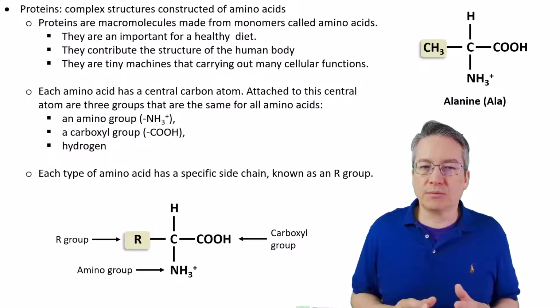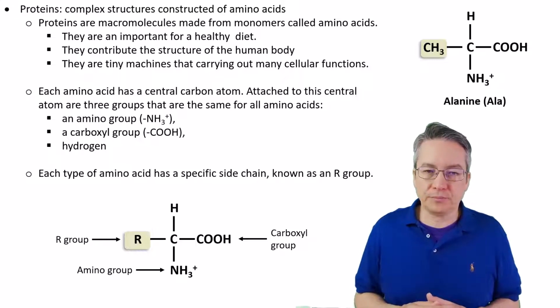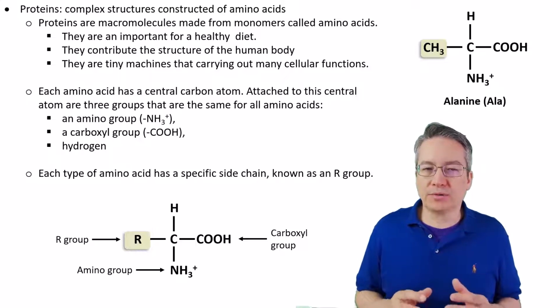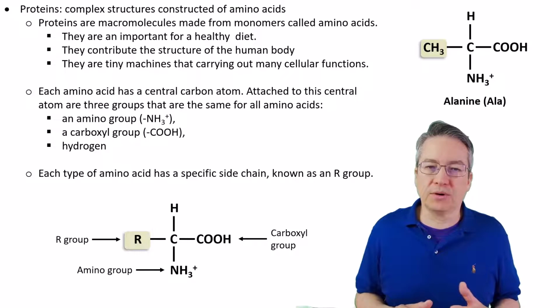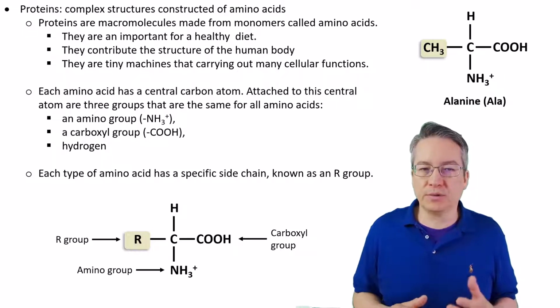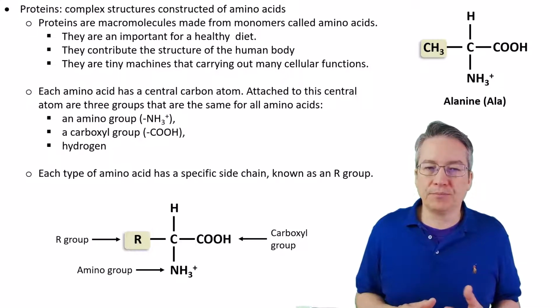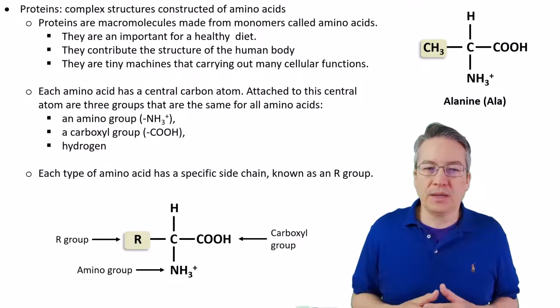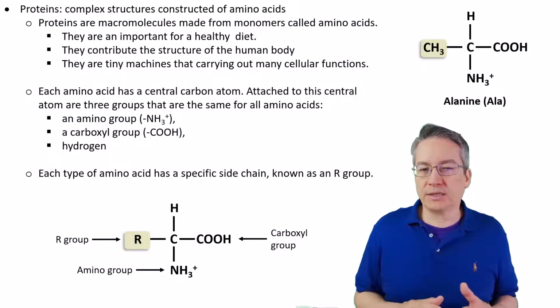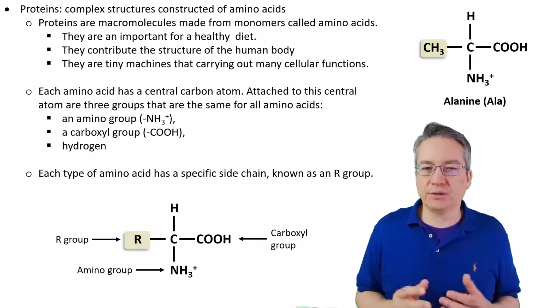And we can start with the central carbon atom, which you can see here in the diagram to my side. Attached to the central carbon atom are three groups that are the same for all amino acids. There's an amino group, which is NH3+. There's a carboxyl group, which is COOH. There's always a hydrogen. And then finally, each amino acid has a specific side chain, also known as an R